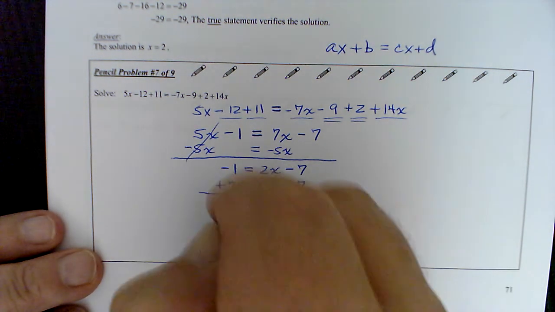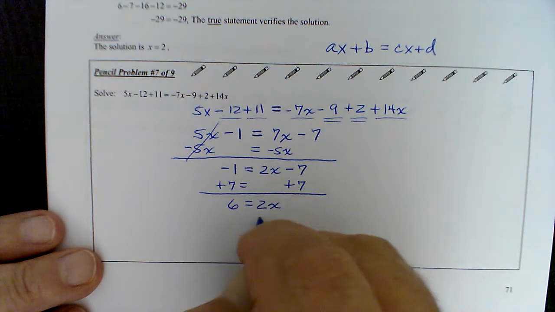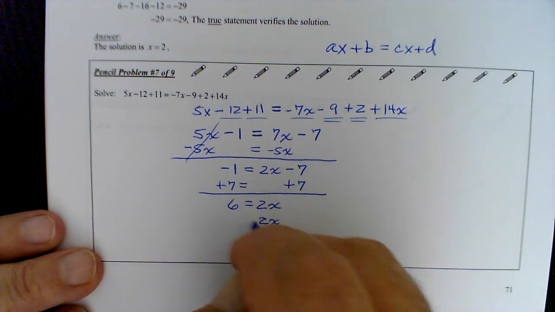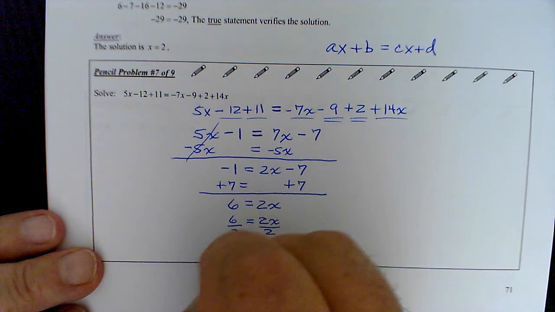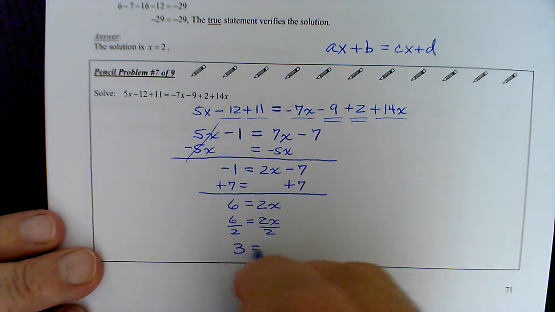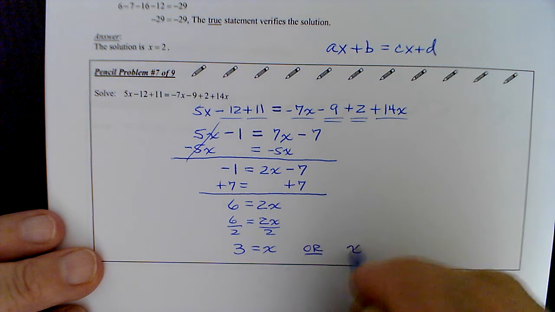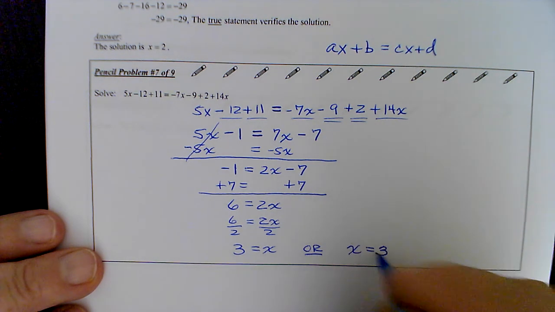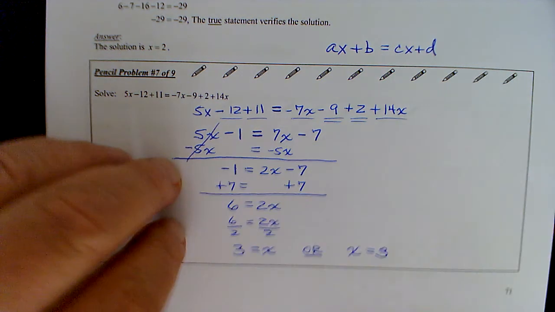There's my addition bar. And we have 6 equals 2x. And now finally the division. So we're going to divide by 2. And 3 equals x. Or, as we know, that's the same as saying x equals 3. Okay, so